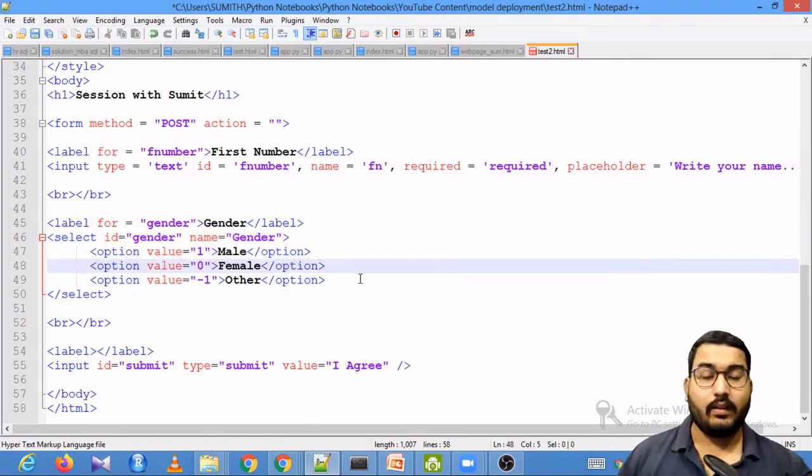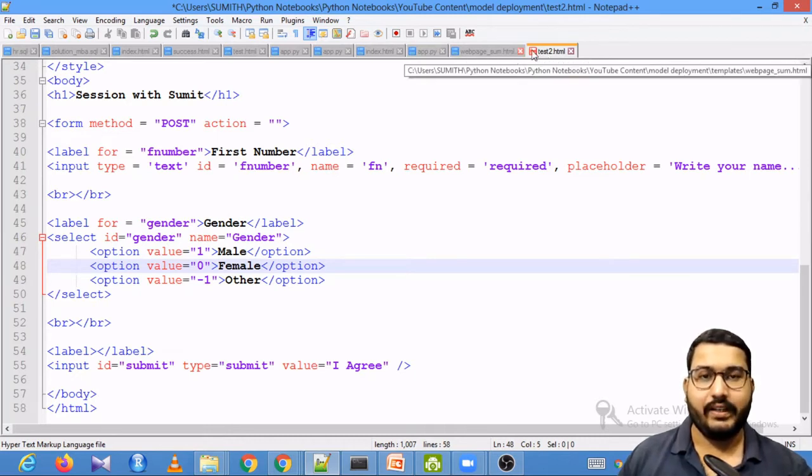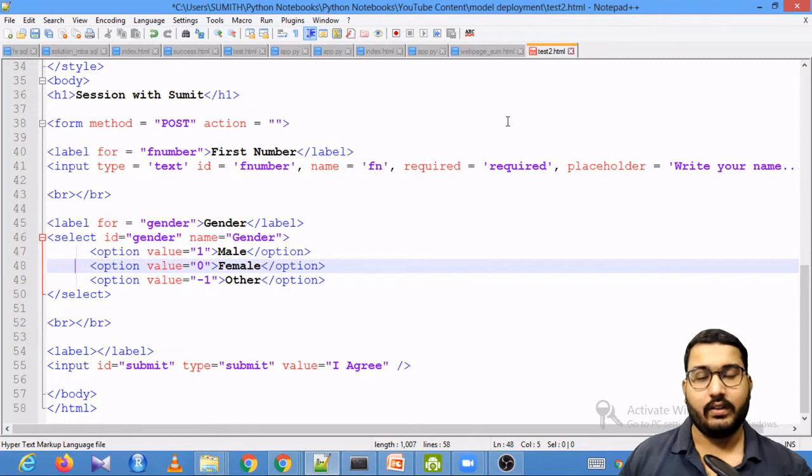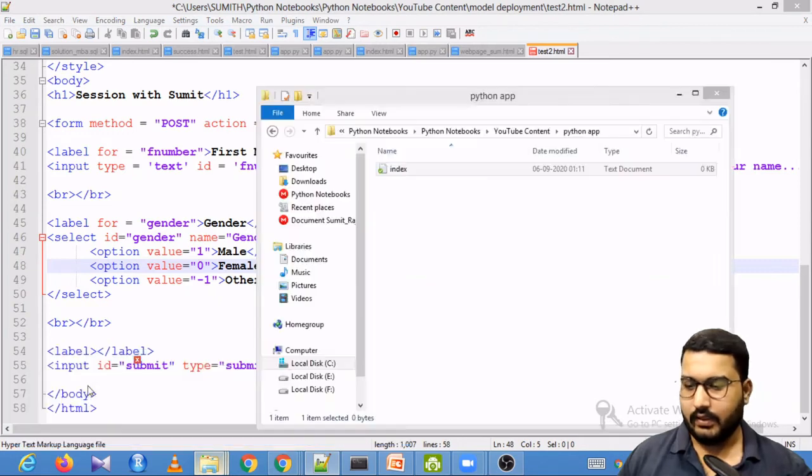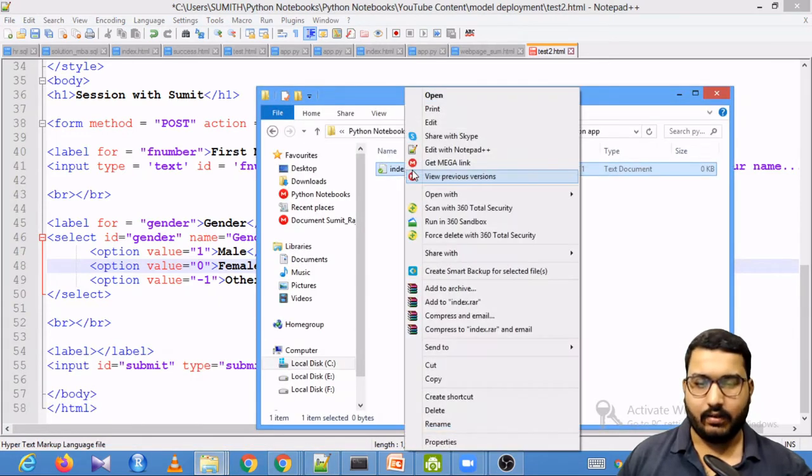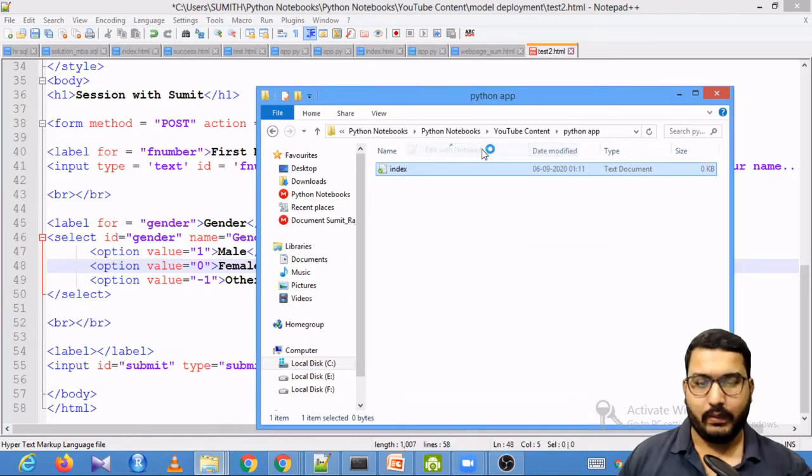So you can also use Sublime Text if you are already working on it. That's not a problem, but I prefer Notepad++ because I never code a lot. I just use it for creating a basic web page, or maybe creating a user interface for deploying my model. So what I have done, I have created this notepad, and now what I will do, I will just right click on it and open it in Notepad++. So it is edit with Notepad++.